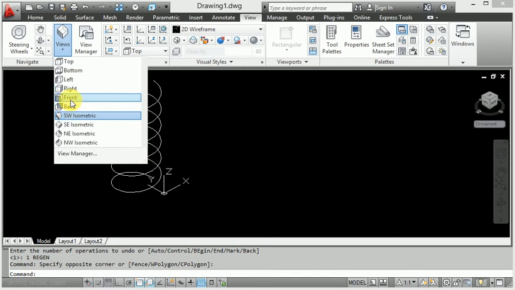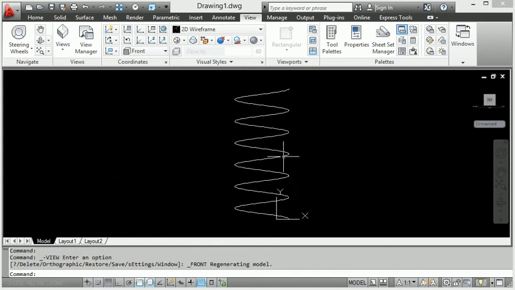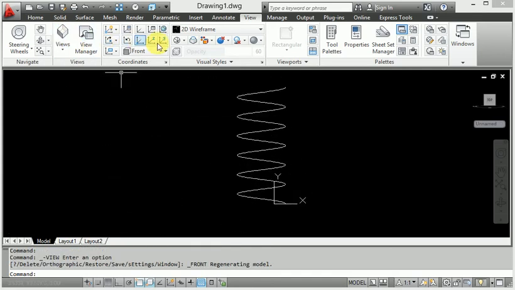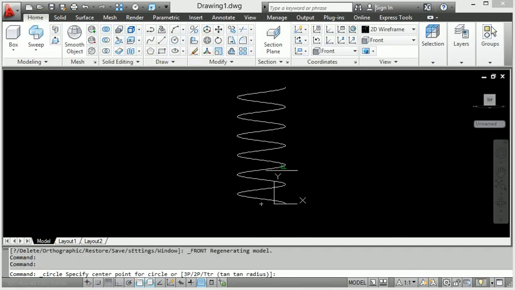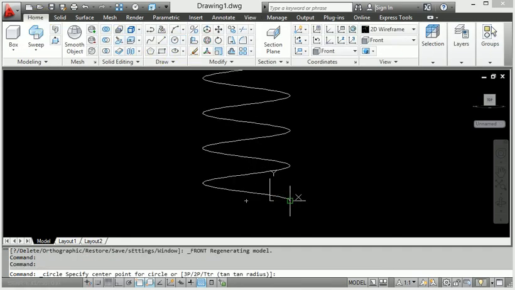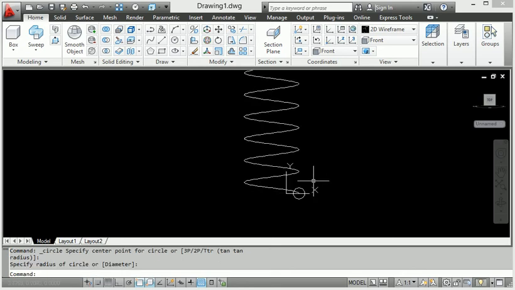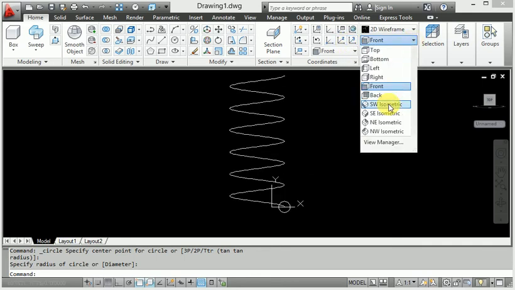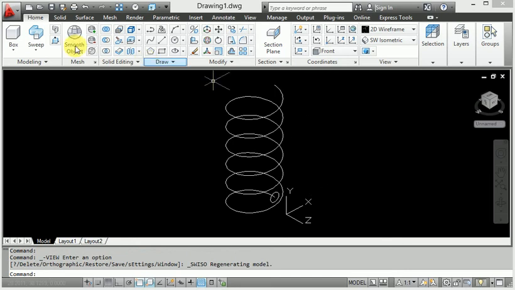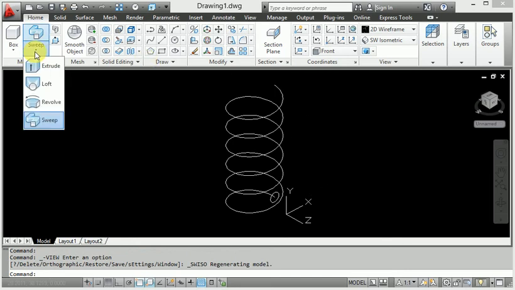This is used for the front view, and also I have made this circle, used from the circle at this point. Look at this one. Then exit from here, go to the isometric view. Now let's check this isometric view. Then after ISO I will use the sweep command.